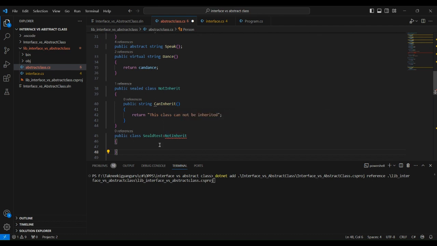See, the sealed class cannot be inherited, right? If you want to inherit this, I try public class TestClass sealed Test colon, no inherit, right? This class cannot be inherited. If you sealed this class, that means you cannot inherit. You sealed the inheritance of this class. Now comment this one, otherwise it will not work,